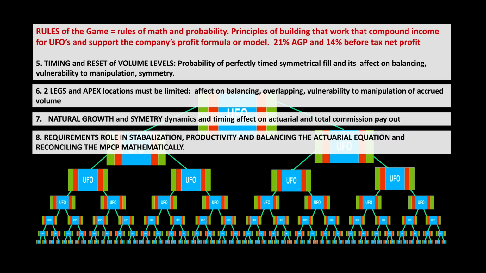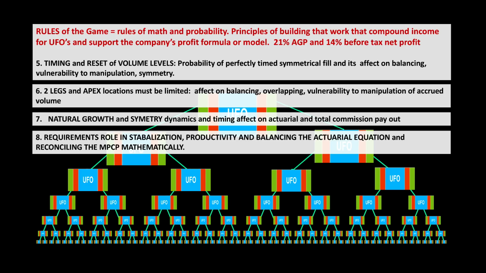If there's too many opportunities for somebody to place volume down two legs by trying to affect balancing with all the overlapping volume, and people overlapping up the line that have a common economic benefit down below, there can be a lot of manipulation or variance that was not expected in the outcome of the payout.